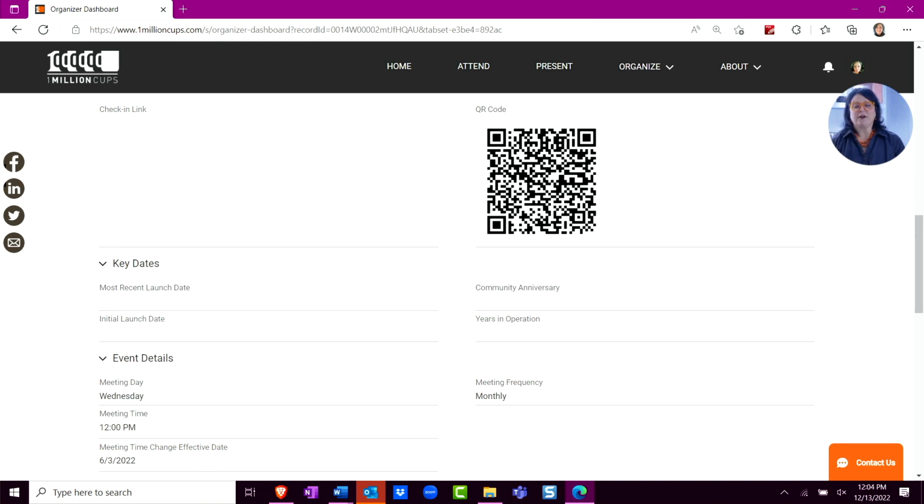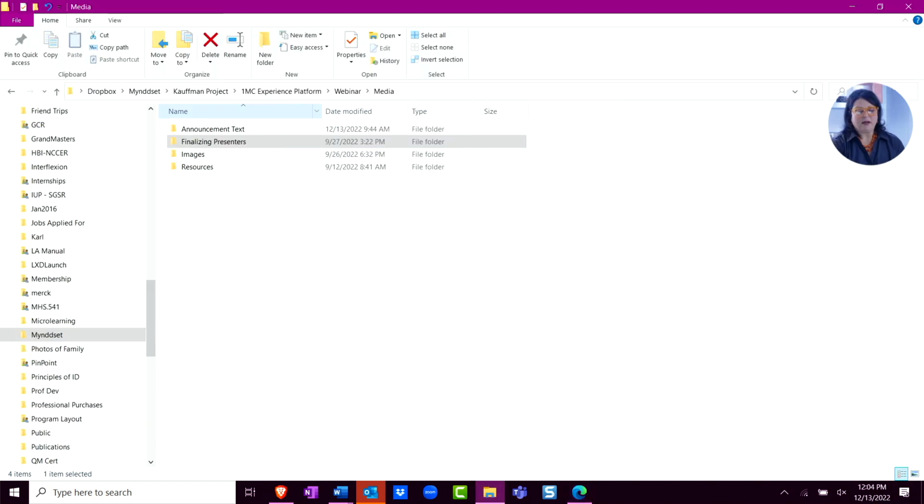So that's your QR code. So the final thing I want to show you is a place that you can reposit information, and I will do it through the power of showing you a cool thing somebody did with a QR code. And so what I have here